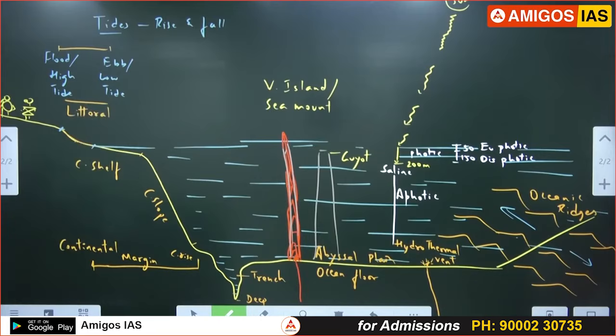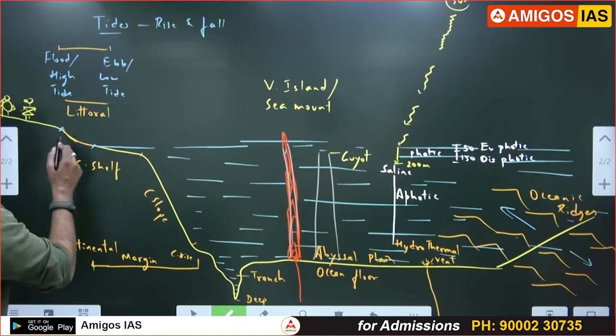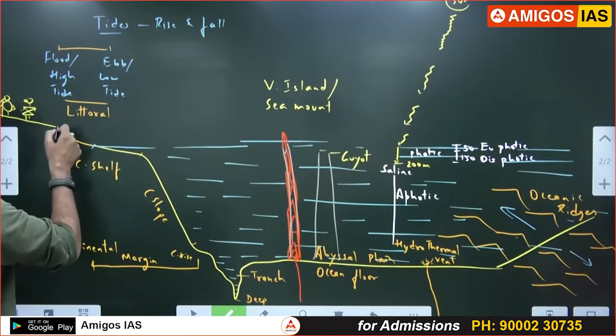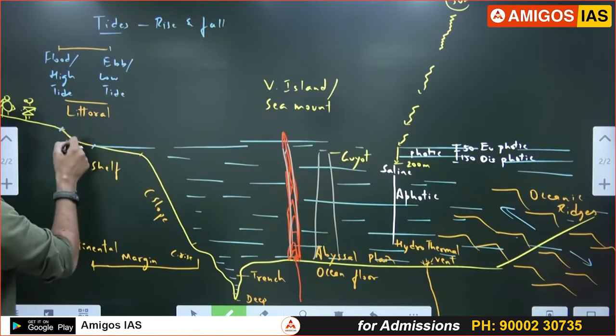Littoral zone. So remember, littoral. Littoral zone is a zone between high tide and low tide. Pay attention, don't write. Littoral zone is done. Once we mark high tide, then we mark low tide. The average point,